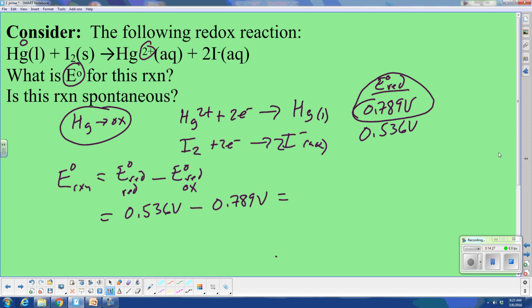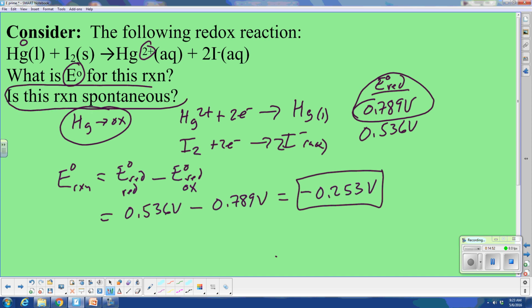Good. So I take these two numbers. What do I get? 0.536 minus 0.789. And it looks to me like I get a negative 0.253 volts. Okay, cool. So I have a negative voltage. Which brings us to our next question. Is this reaction spontaneous? Okay, so let's talk a second